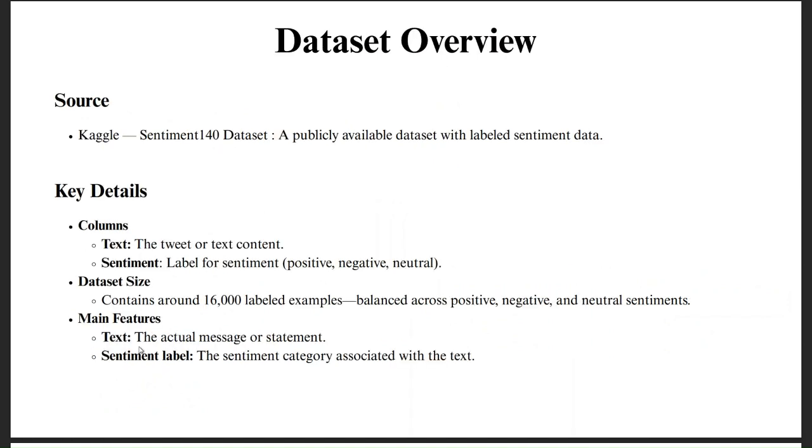So talking about the dataset overview, our source was Kaggle, and we took the Sentiment 140 dataset, a publicly available dataset with labeled sentiment data. The key details included: the main features were text, that is the tweet or the text content, and the sentiment, that was the label for sentiment. Either the text was positive, negative, or neutral. So this was the main column. These were the main features of the dataset, and it contained around 16,000 labeled examples, balanced across positive, negative, and